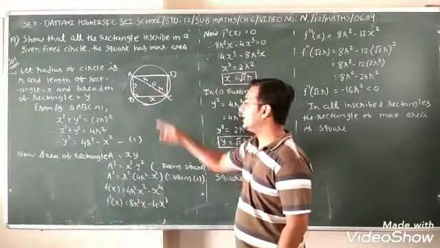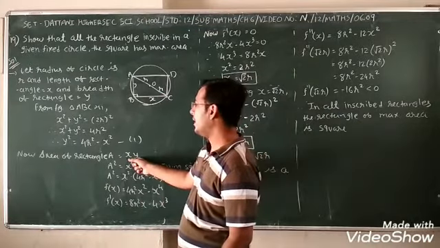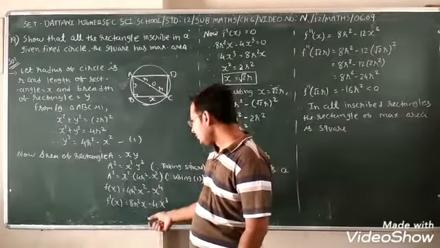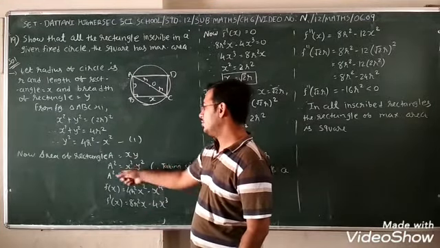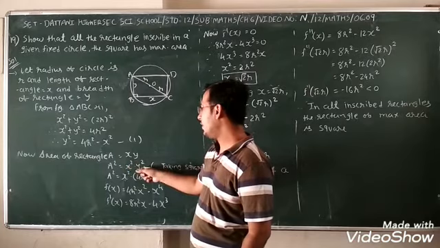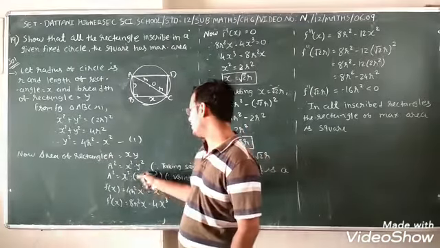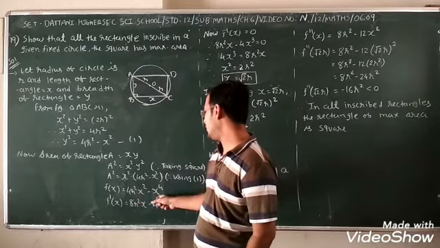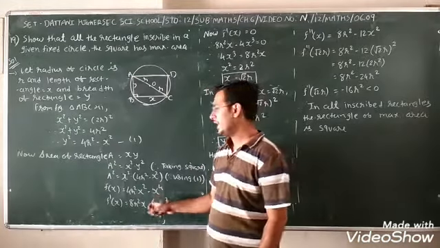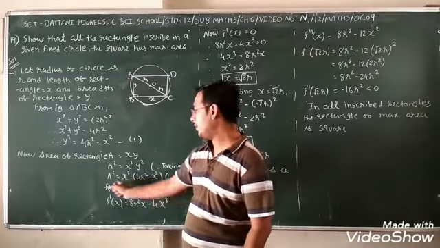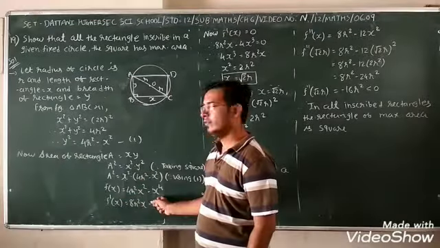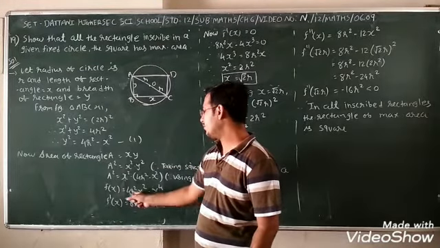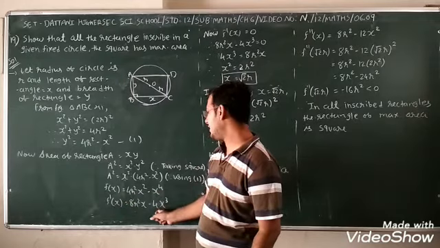Here it is a rectangle, so the area of the rectangle is x into y. Here I have y square, so taking the square of both sides, A square is equal to x square into y square. Putting the y square value, 4r square minus x square, multiplied: 4r square x square minus x to the power 4. So we get the function in terms of x. Taking the derivative, 2x square becomes 2x, so 4 twos are 8r square x minus 4x cube.